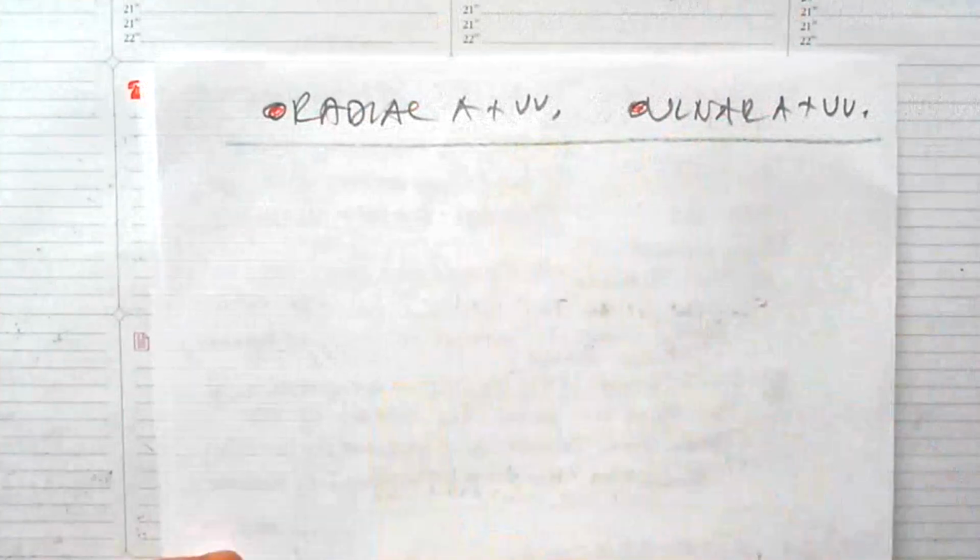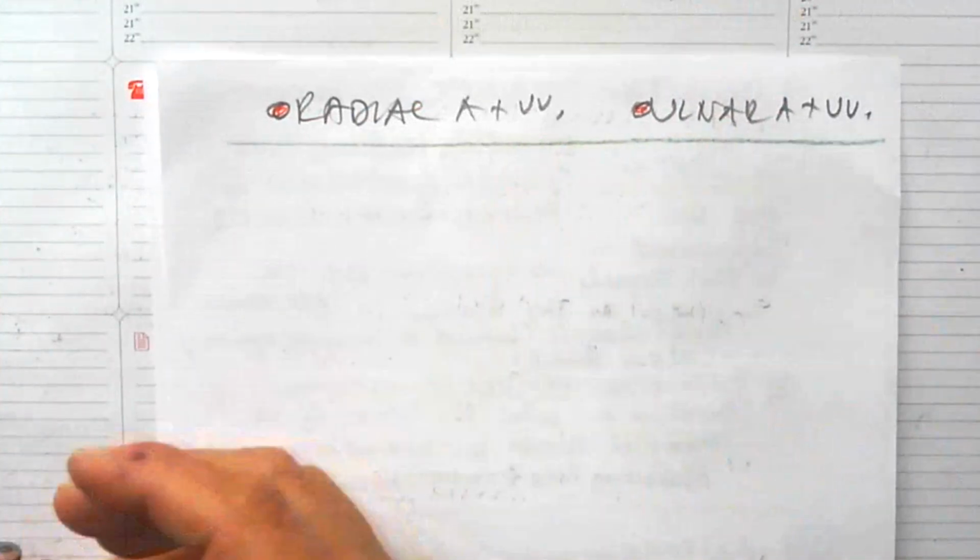So quickly we could say that these arteries plus branches, definitely. Both of them are accompanied by two veins, and they